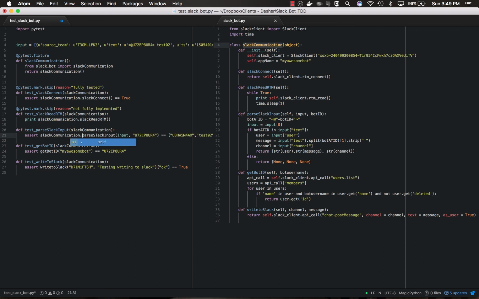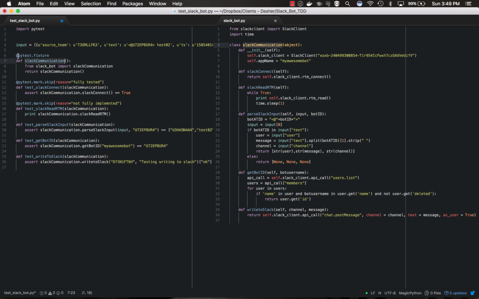And same here, call the method from that class, call the method from that class, and then call the method from that class. What I've done is I've created a PyTest fixtures function, and that function is taking the class and then returning the class instantiated, and then I'm passing the instantiated class as a parameter in each and every function that I have, and then I'm using that to call the specific method that I need tested, right? So this should work. Let's go ahead and run this,